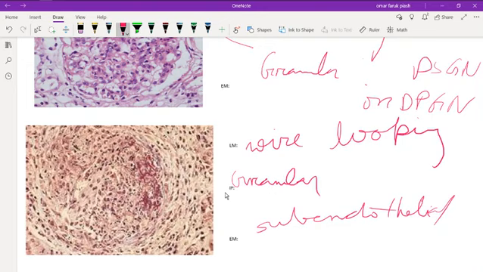Can you remember where there is a subepithelial deposit? Yes, in membranous nephropathy, there is spike and dome appearance, where there are subepithelial deposits or subepithelial humps. On the other hand, in DPGN there is wire looping. Immunofluorescence is granular, and on electron microscopy there are subendothelial and sometimes intramembranous IgG-based immune complexes. Okay,